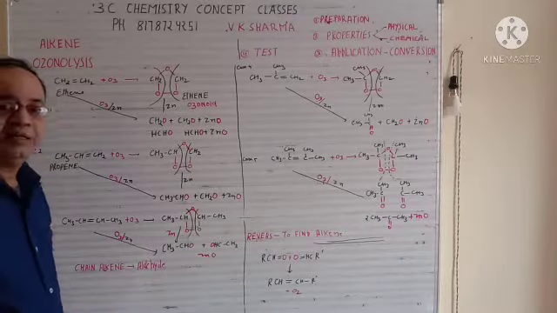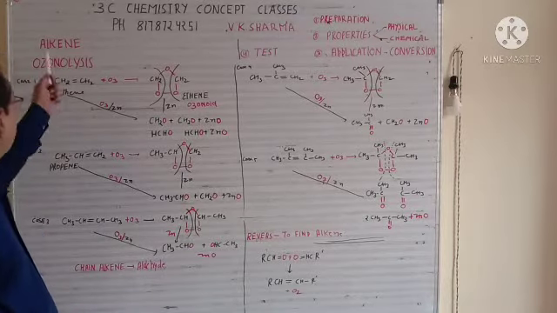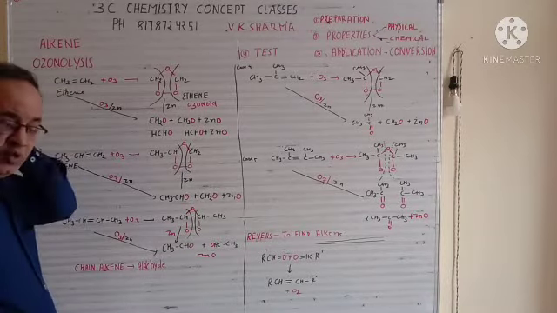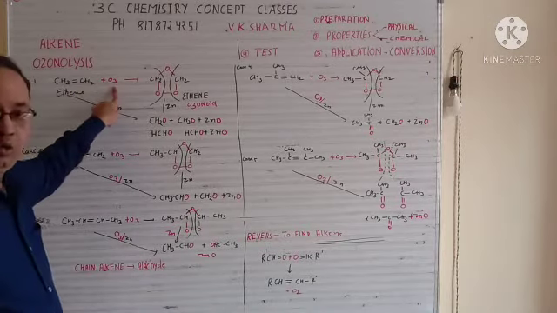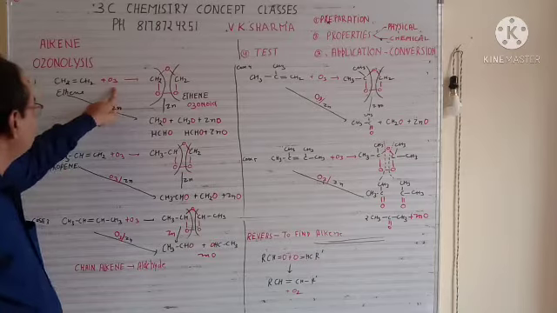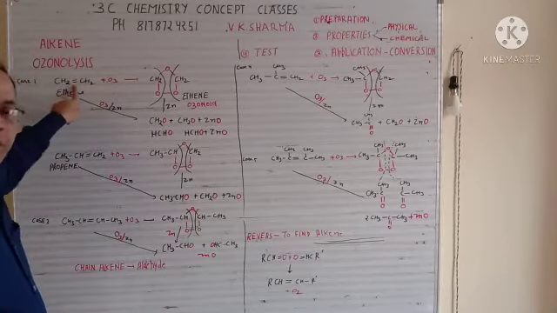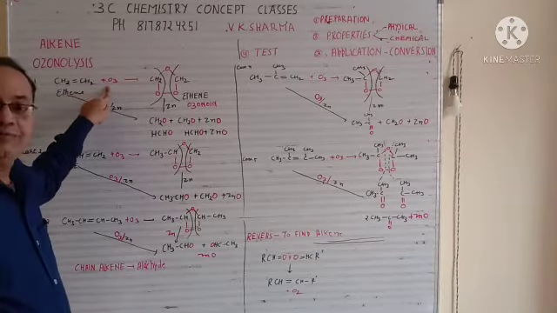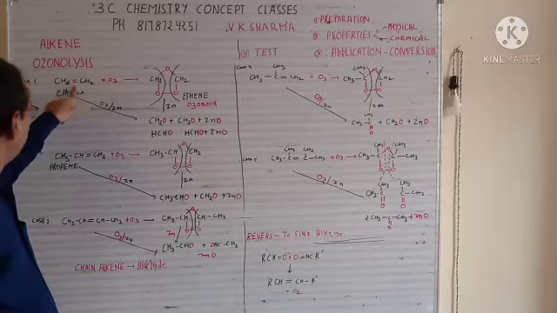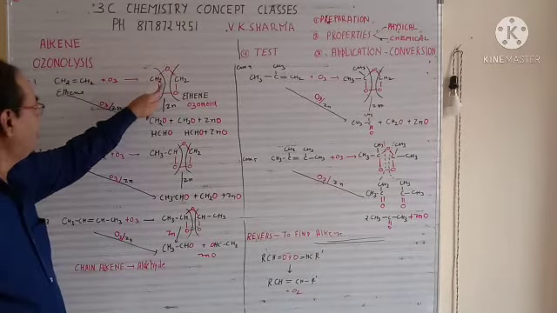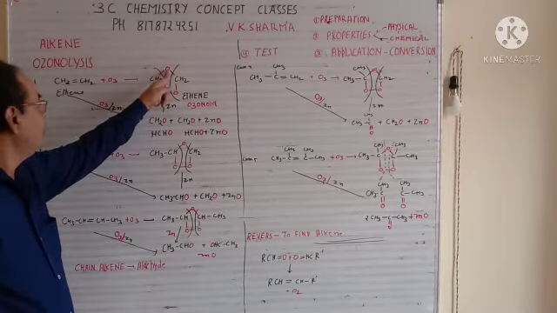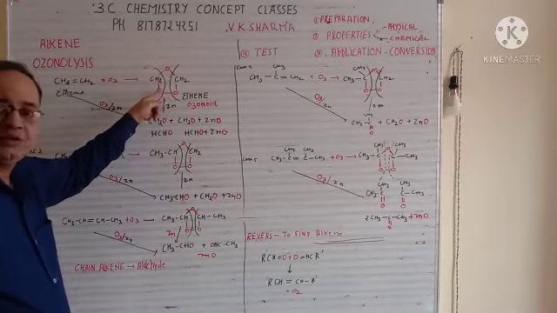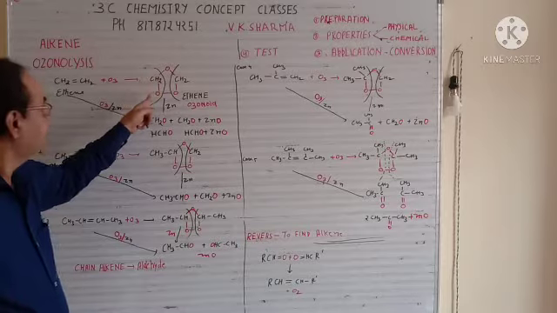Now friends, the next property of alkenes is called ozonolysis. In case 1, we react an alkene with ozone, that is O3. Just keep in mind, it breaks the double bond and ozone adjusts itself according to its valency. So the double bond is here; it will be broken down and O3 will be adjusted like that. So this is O, O, O. Each oxygen has 2 valency, each carbon has 4 valency.